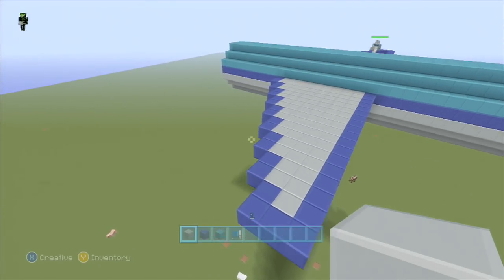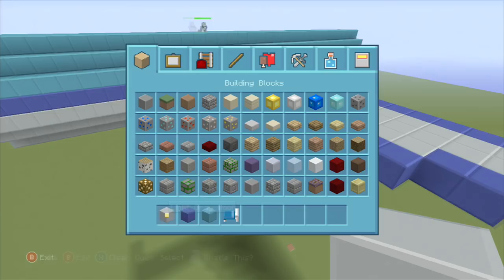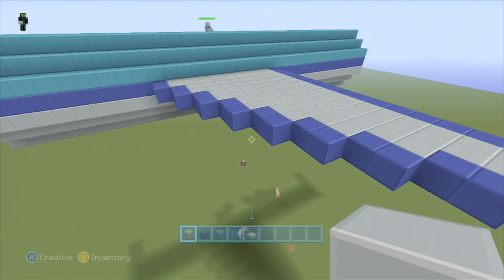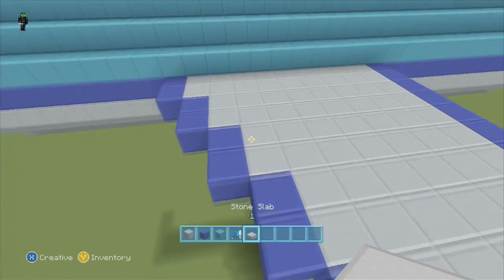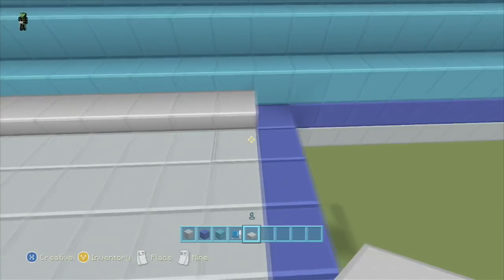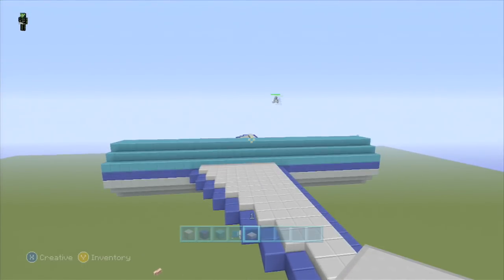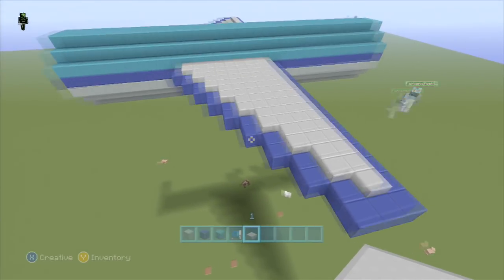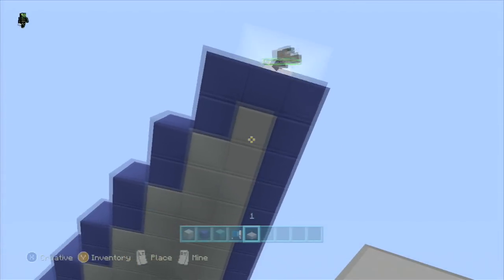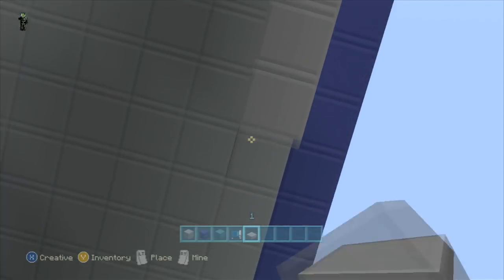And once you have your interior filled in, it should look a lot like that. And then you want to break out some stone slabs. Go ahead and fill these in on the top. Alright, and once you get the top of these filled in with half slabs, go ahead and get under the bottom just on the gray as well. Fill in that whole bottom of the wing.